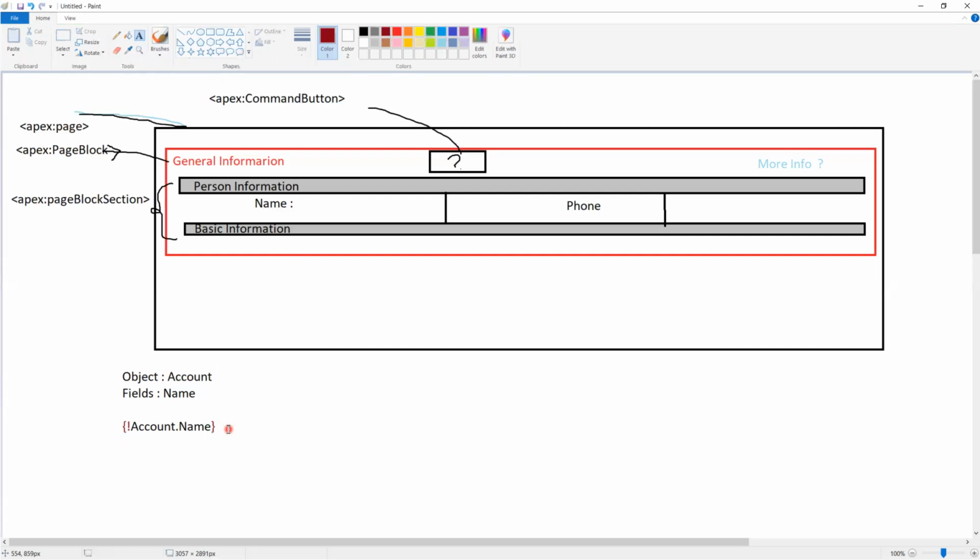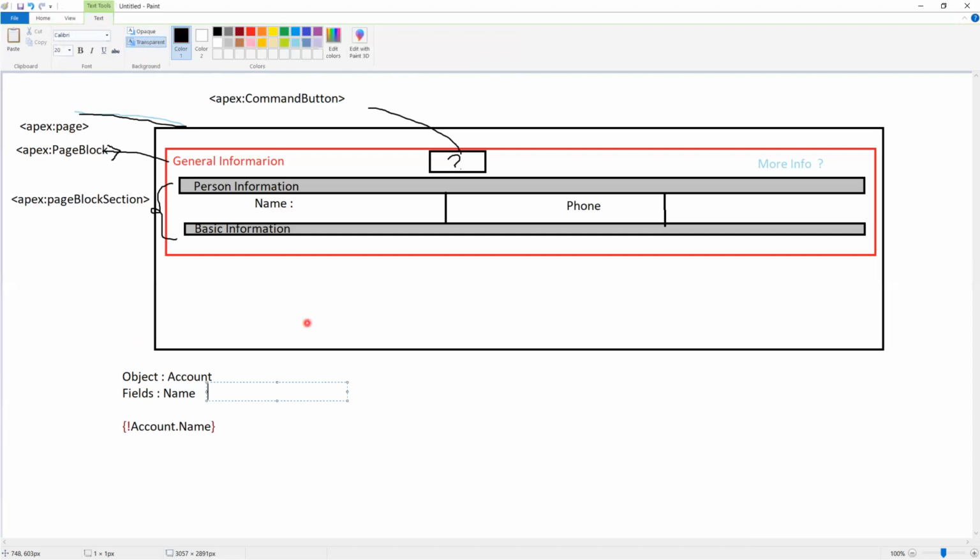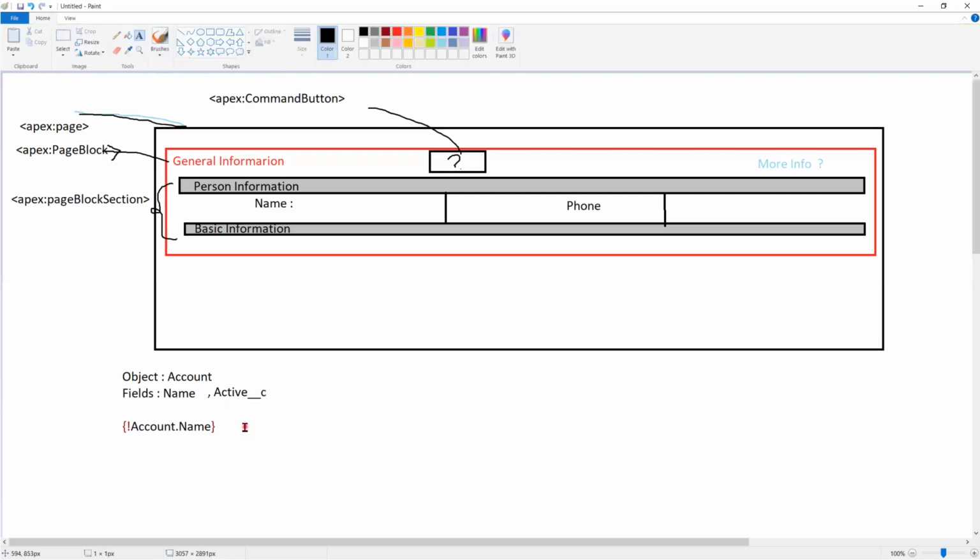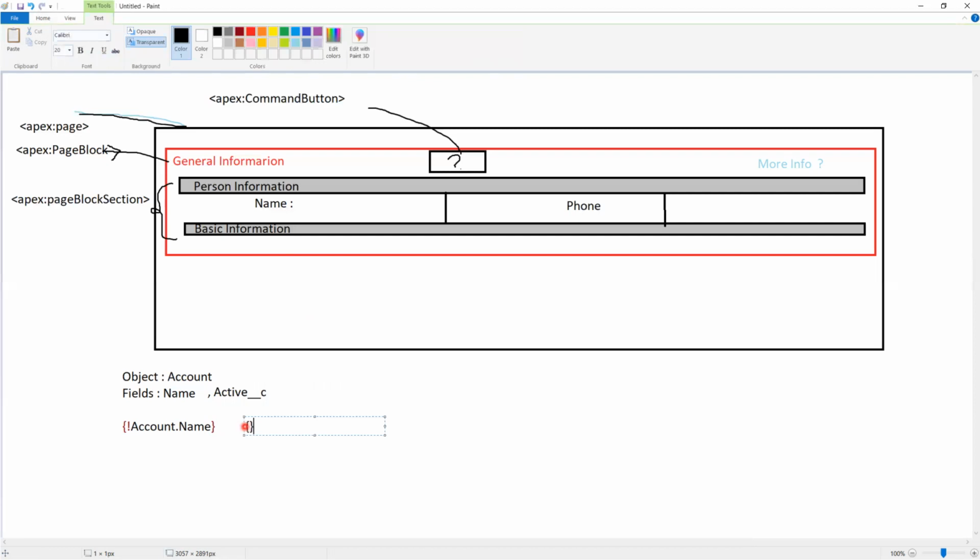It could be an object custom field or a standard field, whatever it might be. From the object, they want to display the field data in the Visualforce page. In case you have another field, for example a field called active on the account, which is a custom field, even then you can add it within the curly braces, exclamation, account dot